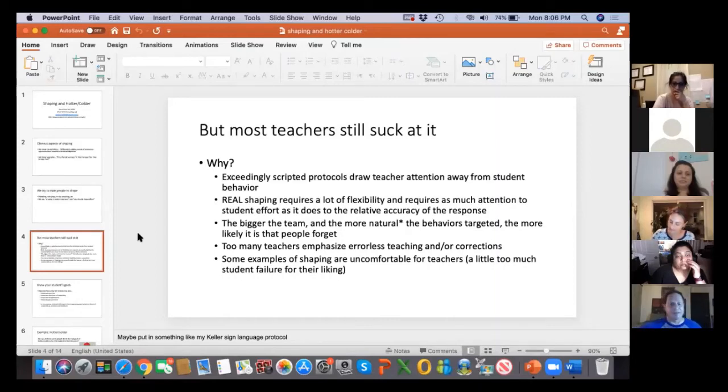I think there's a handful of reasons for that. Broad ones, some of which we don't really have easy, great answers for, such as exceedingly scripted protocols that draw teacher attention away from student behavior. I know that a number of online or electronic tech things, like I said, I'm not tech savvy, but I know there's things out there that will script, where BCBAs would be able to script, here's how you do your SD, here's how you set it up, here's the size of the array, right? All of that ends up being scripted in there. I'm talking here mostly about teaching kids with special needs. That's most of my experience in the last decade or so.